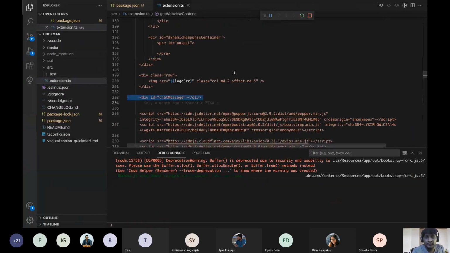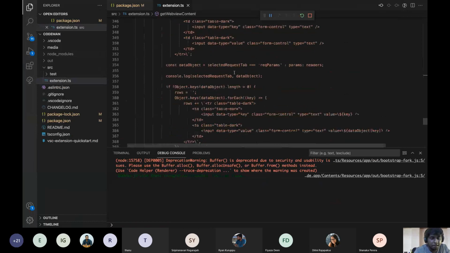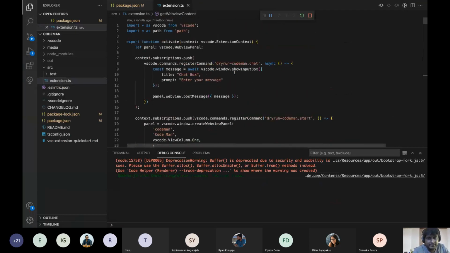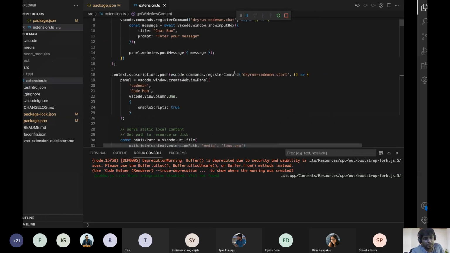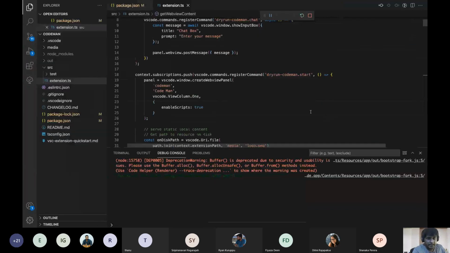Let me first take the chat application, the chat one. When we talk about this chat application, we have a prompt from the extension API, and we are sending a message to the web view. If you are familiar with web workers or worker threads, it works the same way. So let's check this chat message